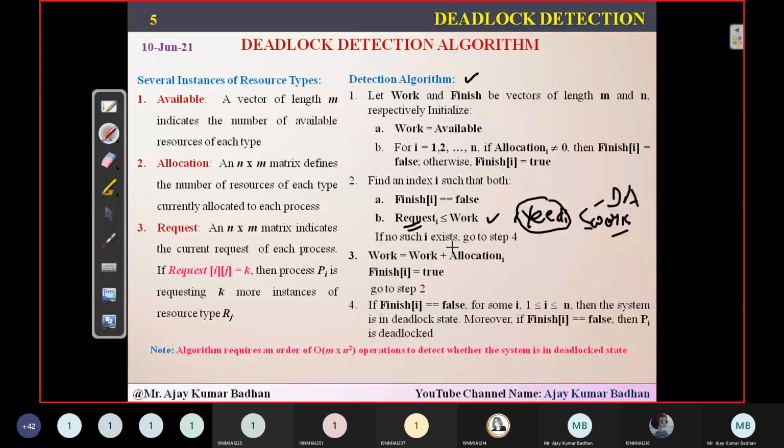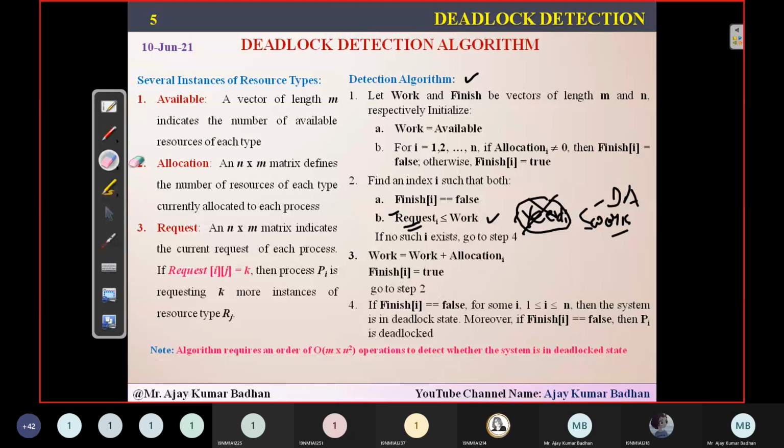Now consider a human being who has been affected by something like malaria. He has a fever, and now I have to find out whether that fever is malaria, or jaundice, or dengue or something like that. That is what I want to determine here. So for that I don't require any Need matrix. I just want to find out where exactly this deadlock has taken place and which processes are present in the deadlock. So I don't require the Need matrix. Instead of Need, I'm going to use the Request matrix.